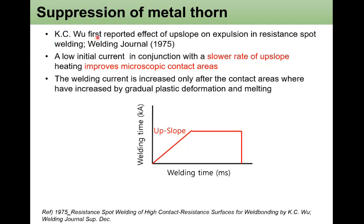K.C. Wu first reported the effect of the upslope in 1975 on expulsion in resistance spot welding. As you can see from this schematic diagram, at the initial stage of the weld current profile, when upslope is adopted, a very low initial current in conjunction with the slow rate of upslope heating actually improves the microscopic